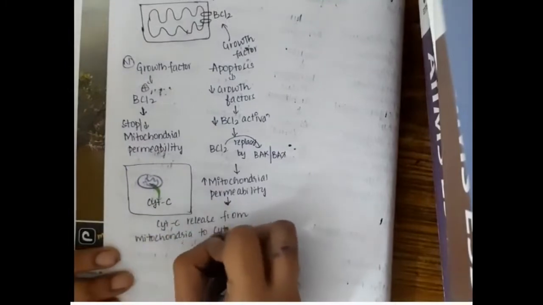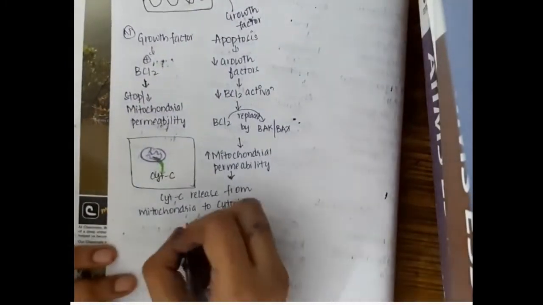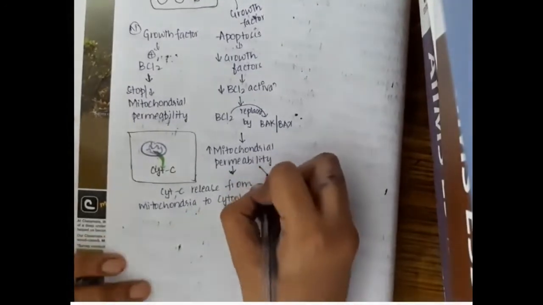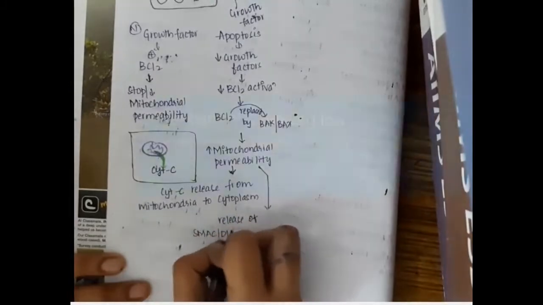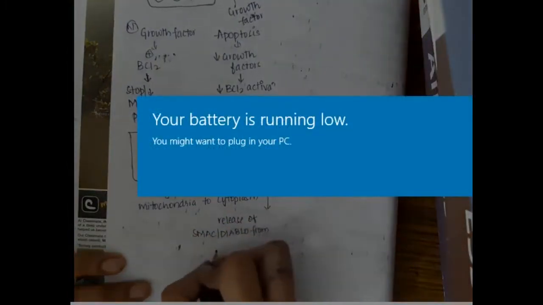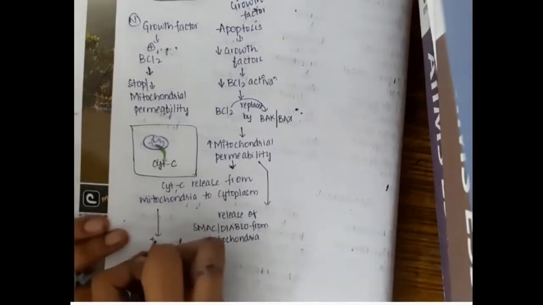This increased mitochondrial permeability also causes release of SMAC or DIABLO from mitochondria.